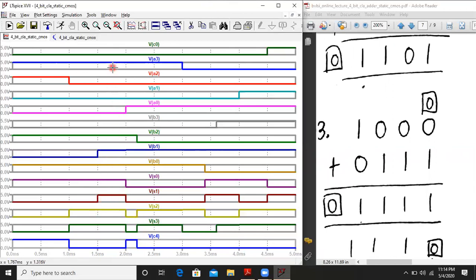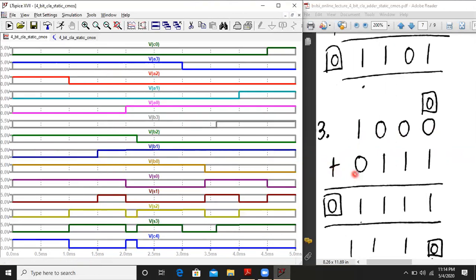I'll start with A3 to A0: 1, 0, 0, 0. Now I will start with B3 to B0: 0, 1, 1, 1.